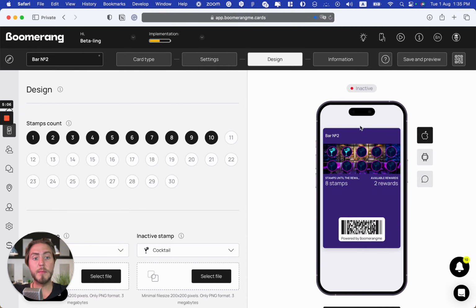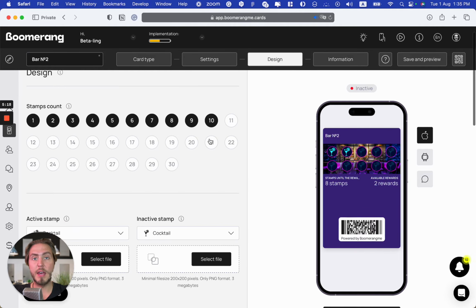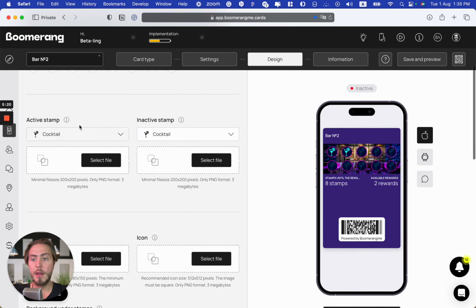Here you can customize the appearance of your loyalty card starting from the number of stamps that your customers need to collect to be rewarded. In our case, it would be 10 stamps by default. Next one, you can customize the appearance of active and inactive stamps.